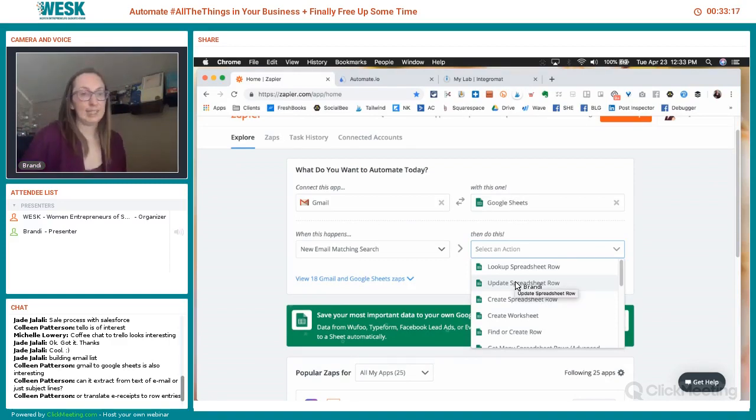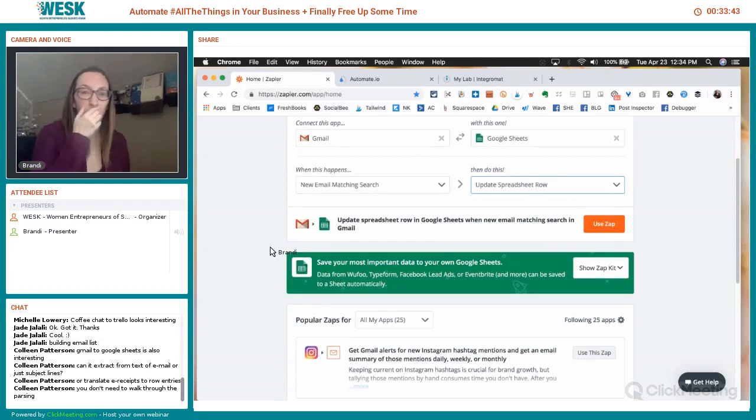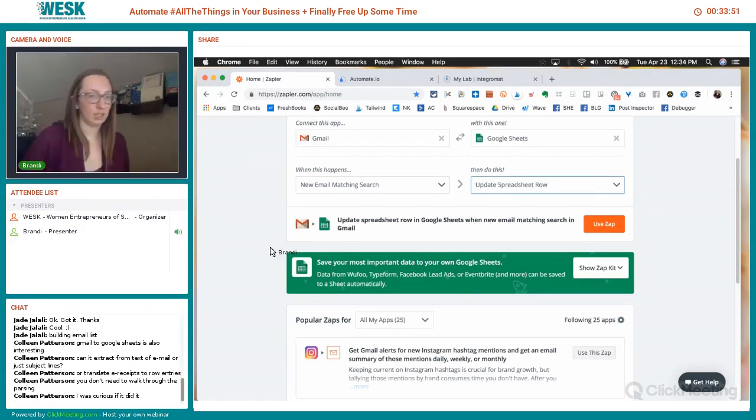If you need it to go beyond just, say, a subject line or a from email address, then you can do it. It's more complicated. It's a bit advanced Zapier, but it is possible. But it's something that you probably need to look into a bit more in terms of how to get it to work like that. So, yeah, I won't go into parsing, but something else for you guys to keep in mind too is